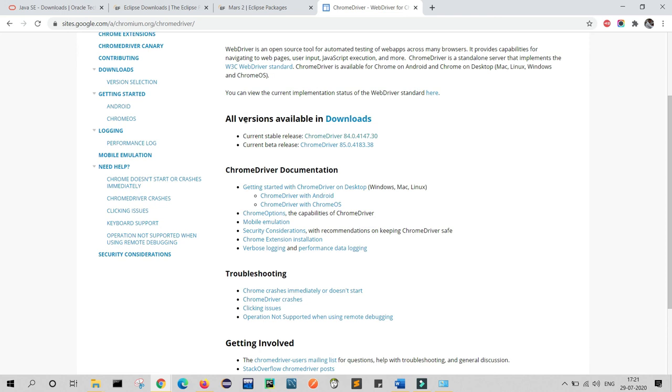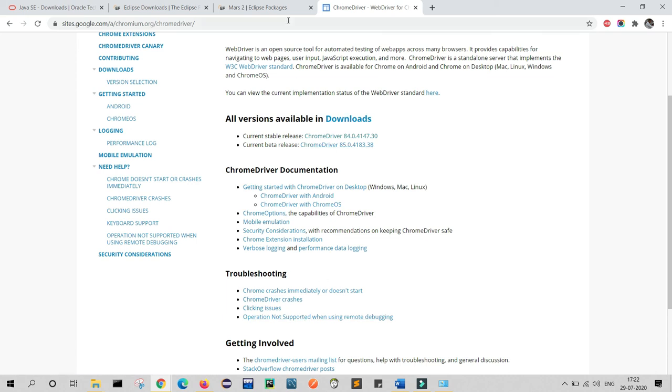This is all the versions available, download here. If you click, it will show you the list of all the versions, and you can click. This is the current beta version, and the current stable release is 84.0.4147.30. So whatever version you want, you can directly go and download it by clicking. If you want to see all the versions, click here and the list of versions will appear.